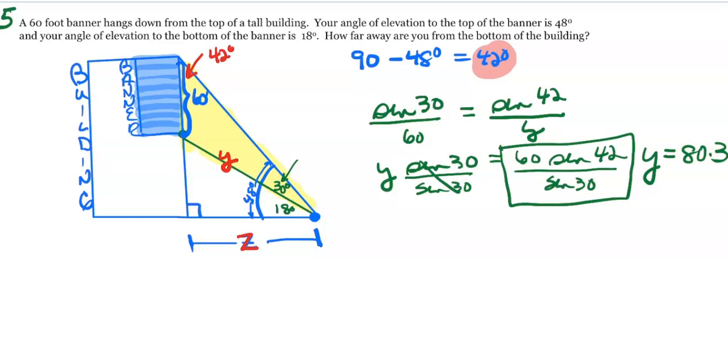Let me go back and make it red. So that's 80.3. And I'm going to write this in my little sketch here. So this is 80.3. All right, now could I get z? I bet I could. And so I did my first calculations on the yellow triangle, which was not a right triangle. So I had to use law of sines. So this was the first thing I did. We'll call that part A. Now let's go to part B, and I'm going to use the